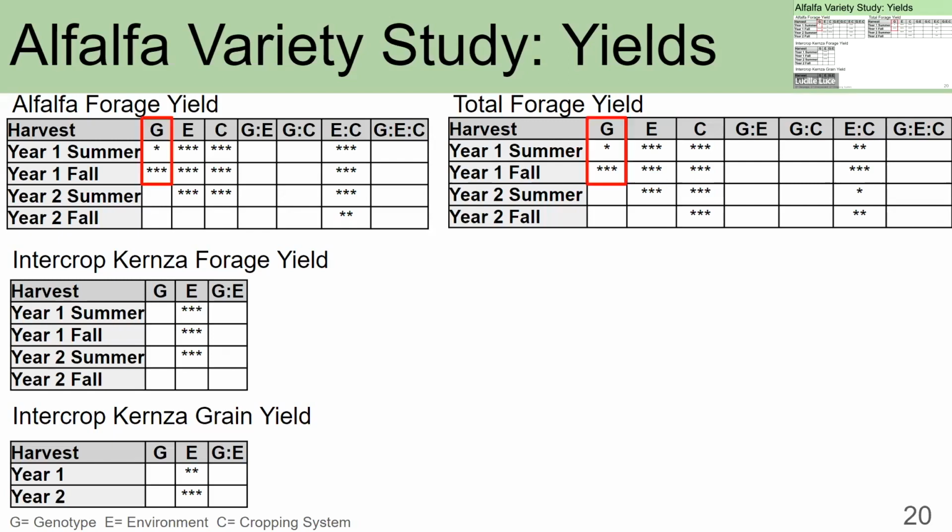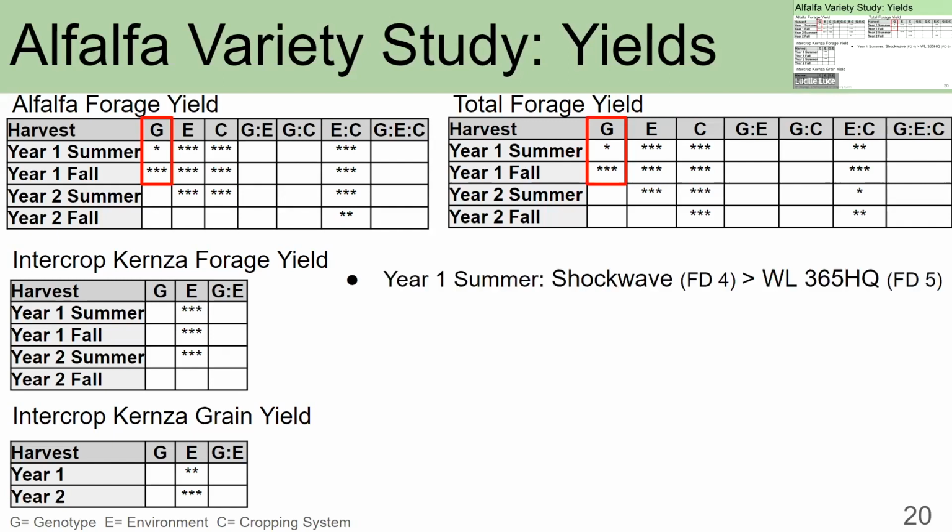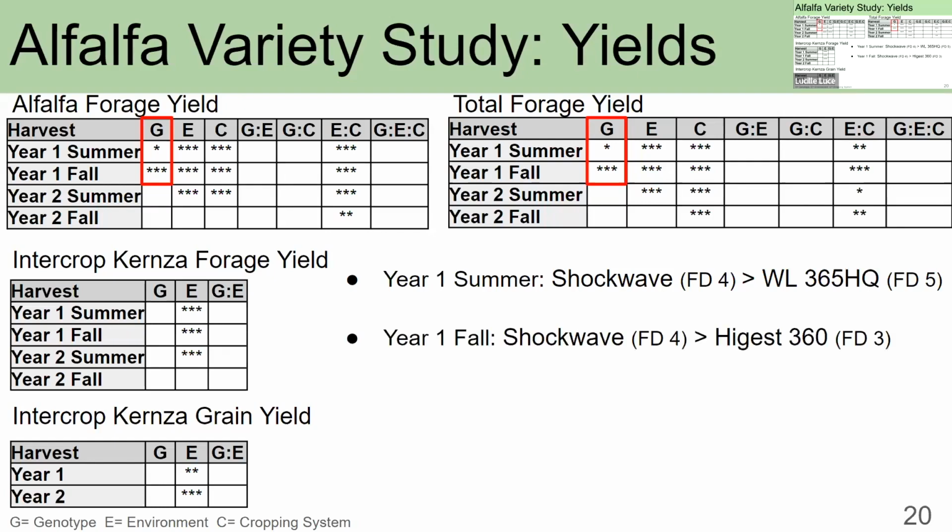That being said, we did see an effect of variety on alfalfa forage yields and total forage yields in year 1. For both alfalfa yield and total forage yield, the variety Shockwave BR led to significantly higher summer yield than WL365HQ and significantly higher fall yield than in High-Jest. This indicates that out of the 3 varieties, Shockwave BR may be the most profitable choice for forage yields, at